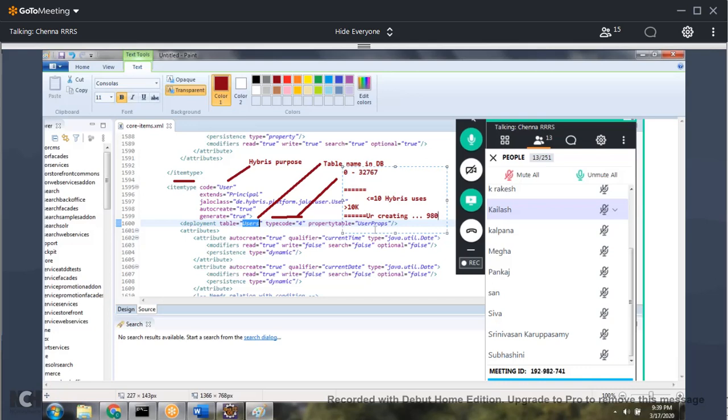So that's about the type code we are going to use whenever we create the table. Again, this is optional. If you are not giving it, Hybris randomly assigns some type code. If you want your own number, go ahead and use it; otherwise, you can just ignore it. Just give me a sec.